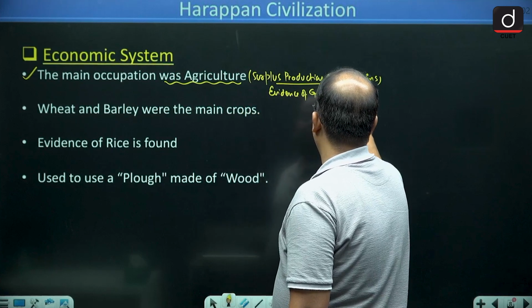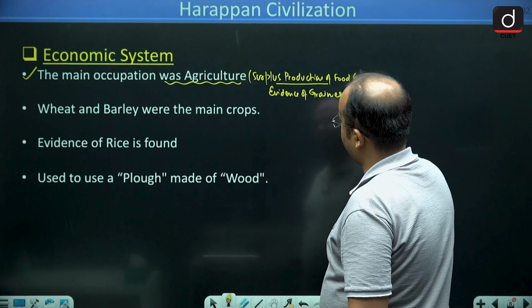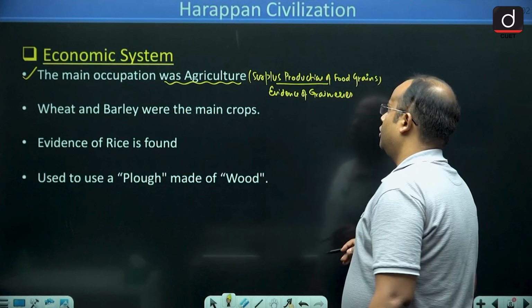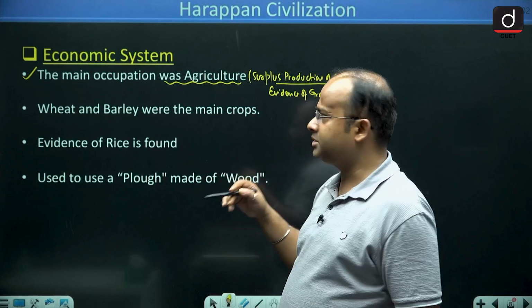Granaries, guys, are the places where the food grains are kept. So you will find the evidence of granaries, and agriculture was